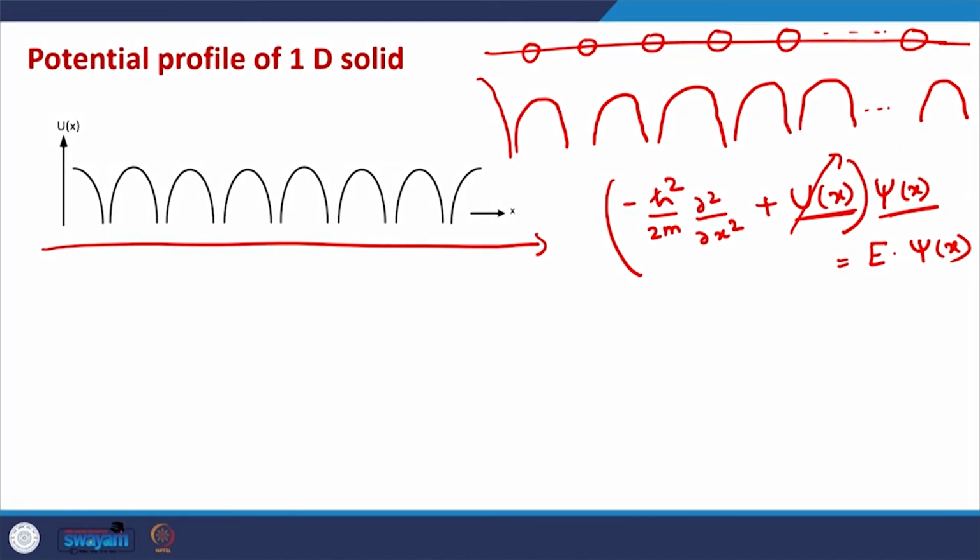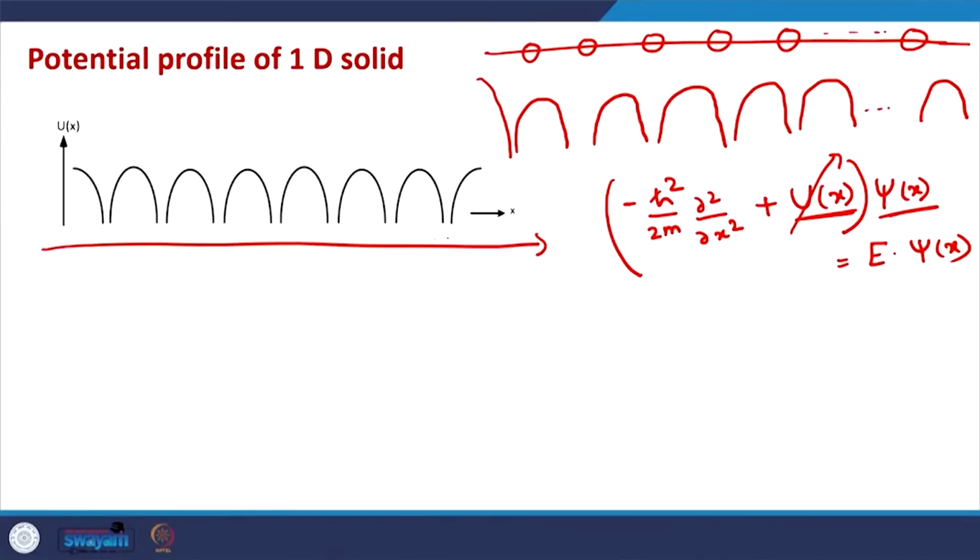So, that is what we will try to do, but there is a catch here. Schrodinger equation is not easy to solve always. Schrodinger equation generally is difficult. In most simple cases it can be solved, but as soon as there are multiple atoms, there is a complicated interaction between the atoms, it becomes difficult to solve the Schrodinger equation, and that is also the case here. With this potential profile, if we take precisely this potential profile for 1D solids, we cannot solve the Schrodinger equation precisely. But there is a way out here, and this was given by